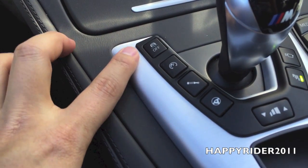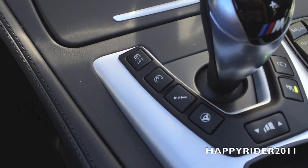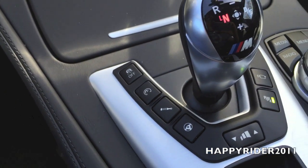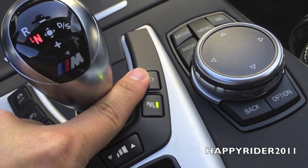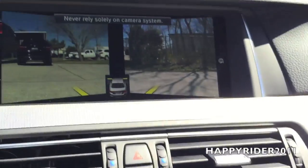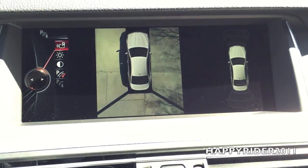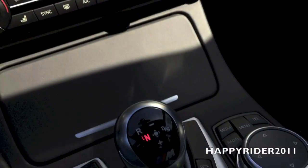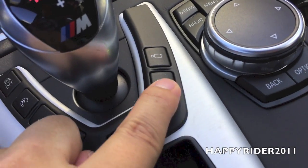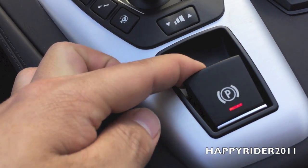Right here, starting with the top, we have your traction control, and below that we have the different suspension control. Over here we have your parking assist and the camera button. Press that camera button and both side view camera will display here. Again your parking assist button, your parking brake,